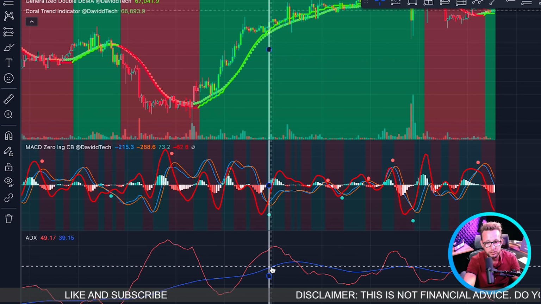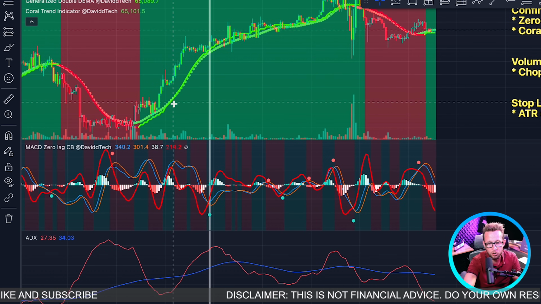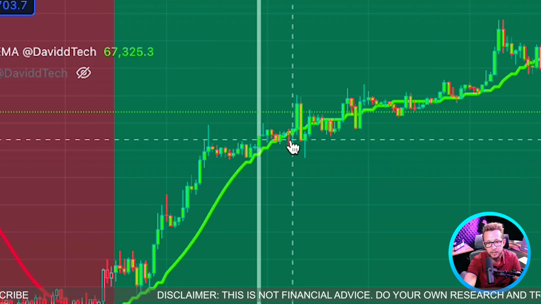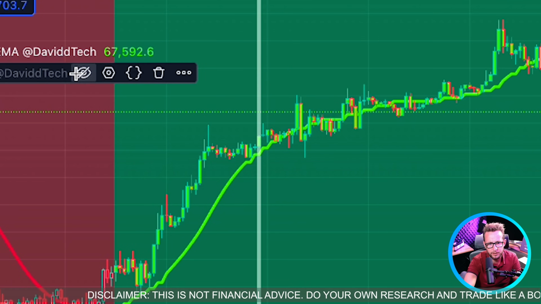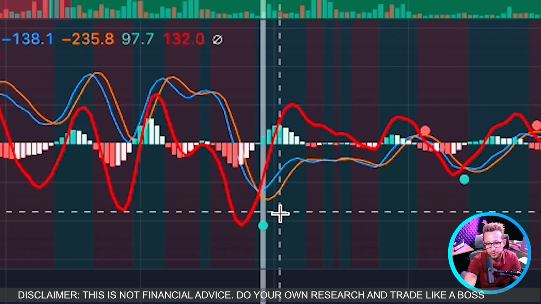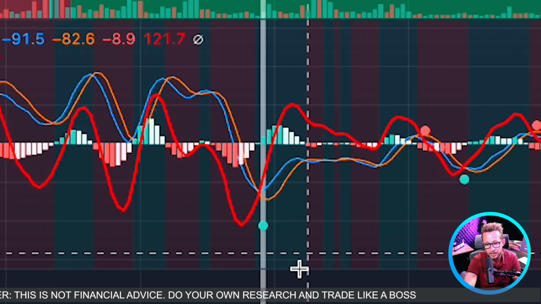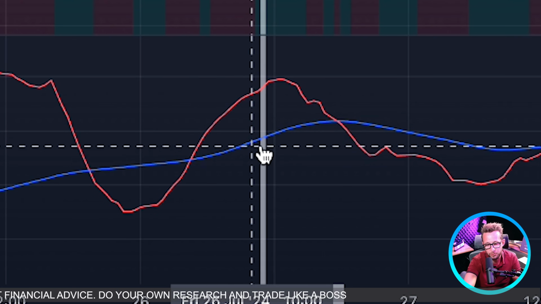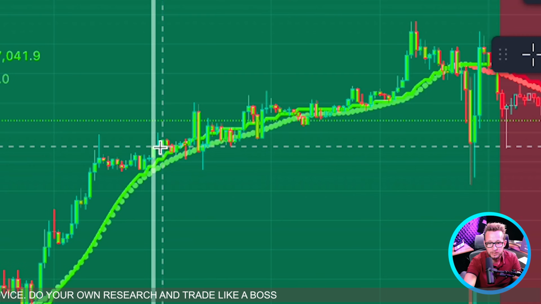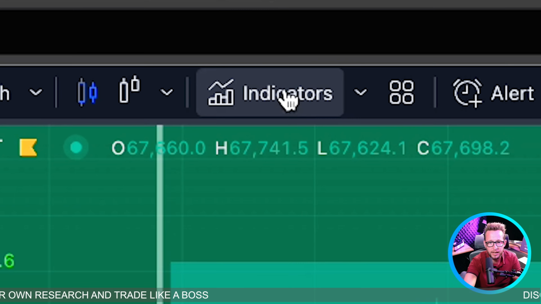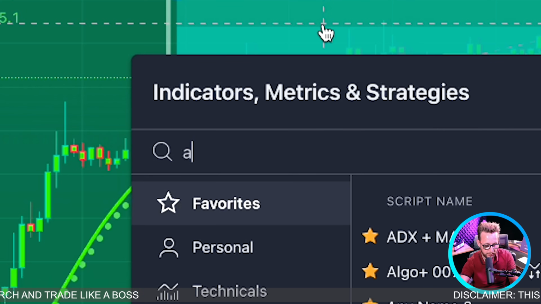So let's have a look at an entry here. Here is our first long. As you can see, we're above the green generalized double moving average. We've created a green dot on the MACD zero lag, and the ADX is above the blue moving average. We set our position to the following candle, and then we're going to add a final indicator, which is the